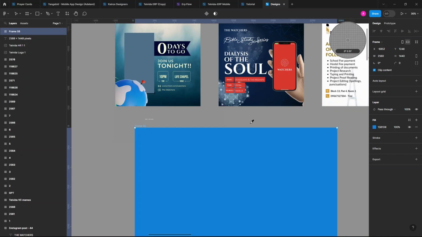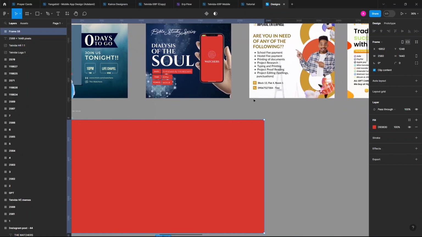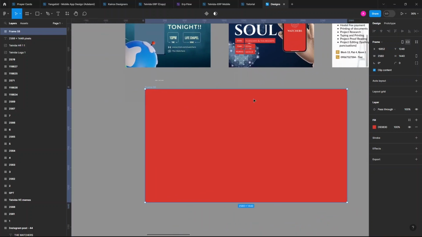But in this case, once you've selected the frame you want and you click on I, you just select the color that you want to fill the frame with, or you want to fill the ellipse, the rectangle. You just select that and it fills it with the color that you have selected. It's very easy and very beneficial when you want to quickly change colors. So for example,